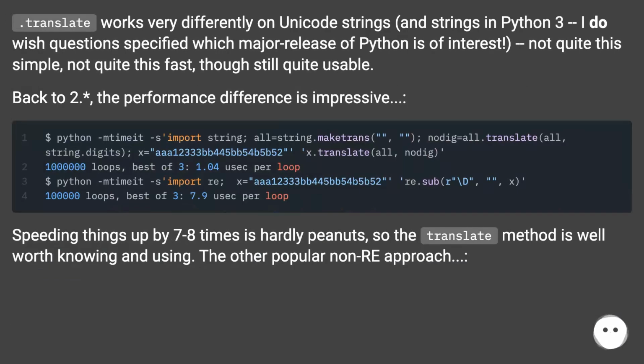Translate works very differently on Unicode strings and strings in Python 3. I do wish questions specified which major release of Python is of interest. Not quite this simple, not quite this fast, though still quite usable. Back to 2.*, the performance difference is impressive. Speeding things up by 7 to 8 times is hardly peanuts, so the translate method is well worth knowing and